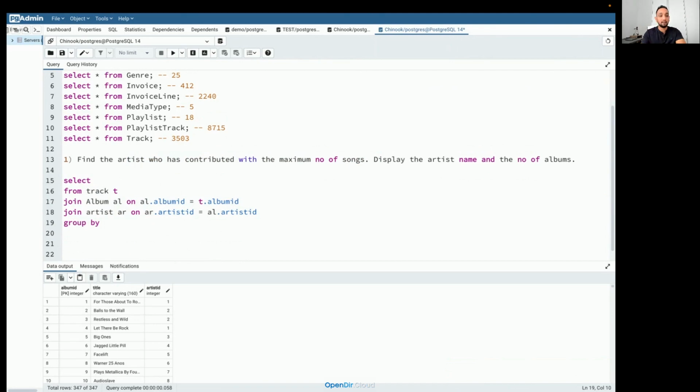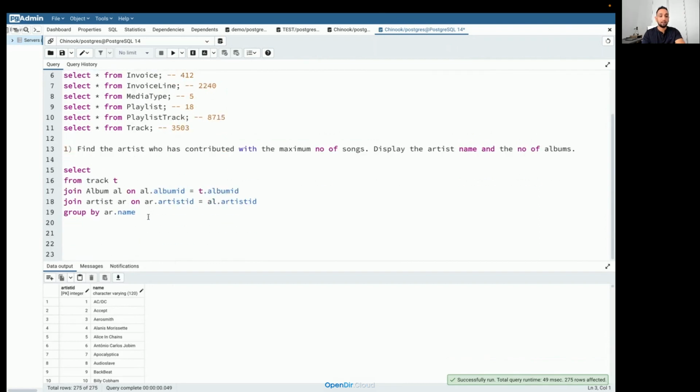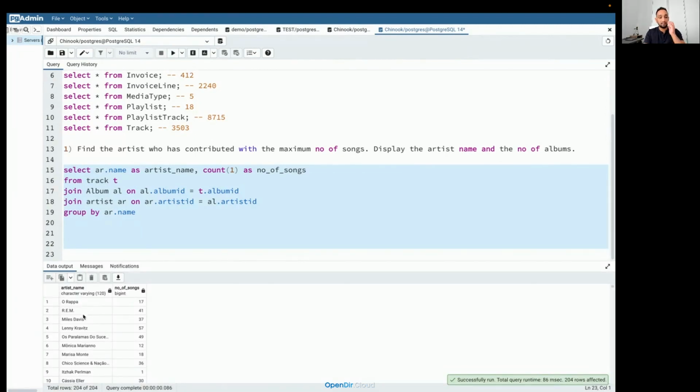So I can just tell maybe AR dot name. I think in the artist table, the artist name is name. So AR dot name. And then here I can put this and then I can do a count. Hopefully this should be as number of songs, and this can be as artist name. So if I run this, now you can see that for each artist I'm getting how many songs they